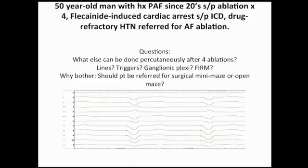epicardial and endocardial mapping percutaneously to understand the disease process, but also help, hopefully, in the control of the arrhythmia for these patients. So, like I said, in many institutions you might consider lines or going after ganglionic plexi, or folks that believe in rotors and FIRM ablation. Or you could argue that this guy's had 4 ablations, he should go to a true surgical maze, and that's